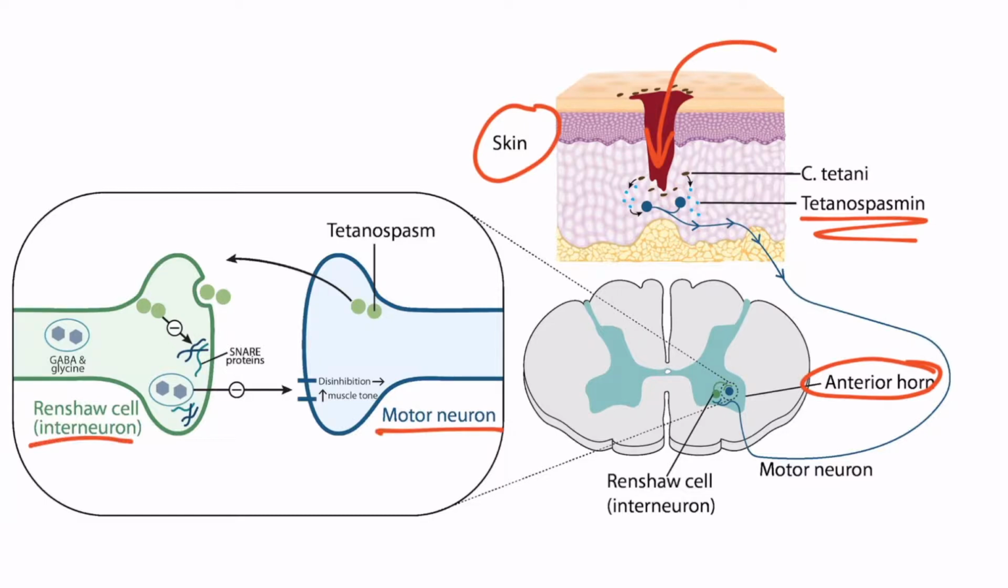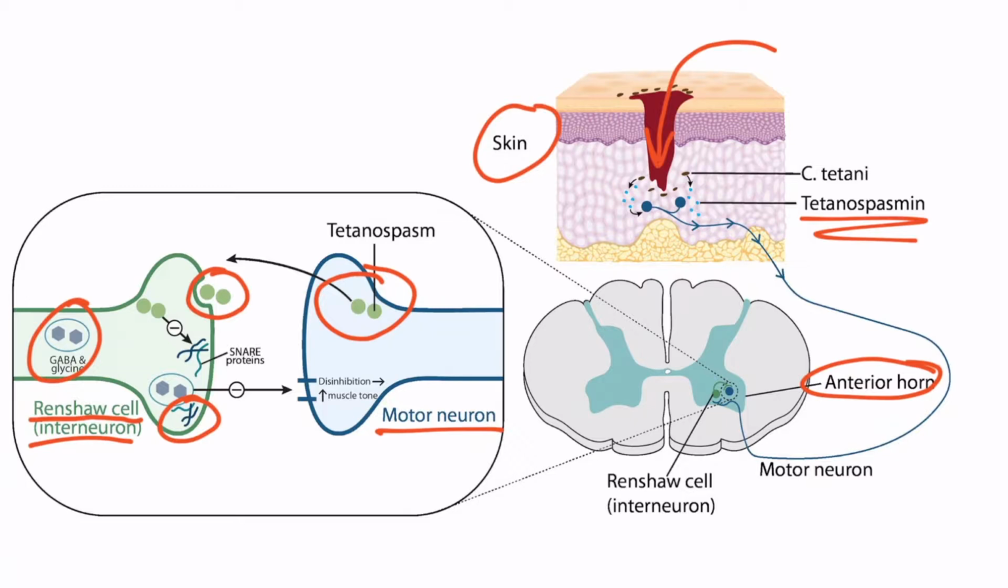The interneuron is also known as a Renshaw cell. Once the toxin reaches the anterior horn, it travels from the motor neuron to the Renshaw cell, and we can see that occurring right here. The toxin leaving the motor neuron and entering the Renshaw cell. Notice that within the Renshaw cell are vesicles containing the neurotransmitters GABA and glycine, which you can see right here. These vesicles normally interact with snare proteins, which you can see right here. The snare proteins are responsible for releasing GABA and glycine into the synapse, where the neurotransmitters can then inhibit the